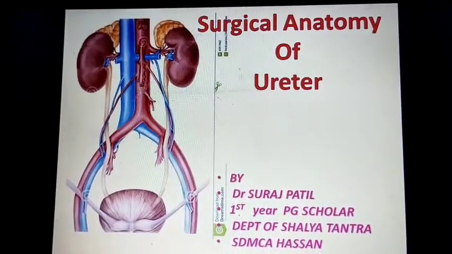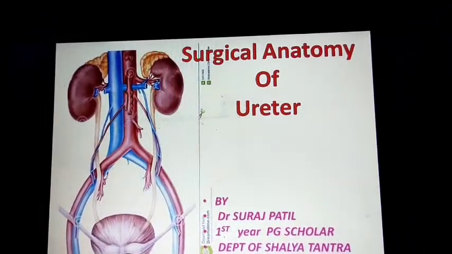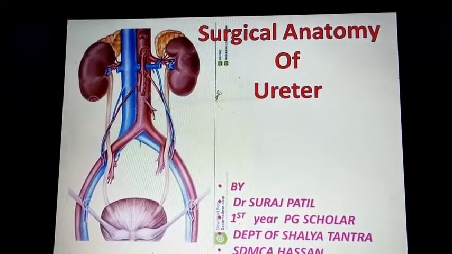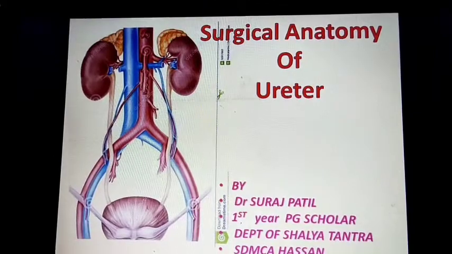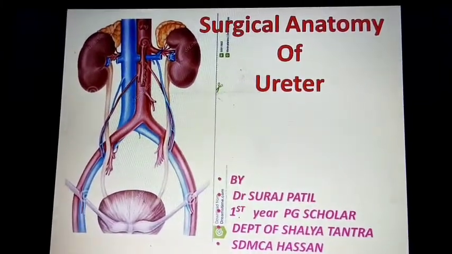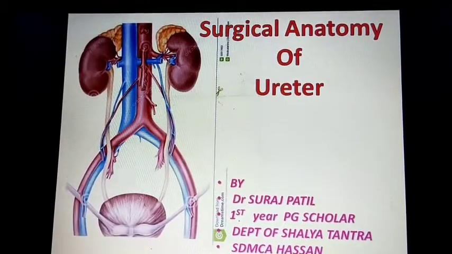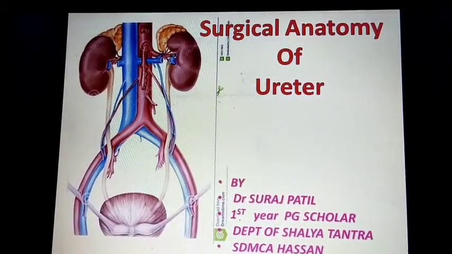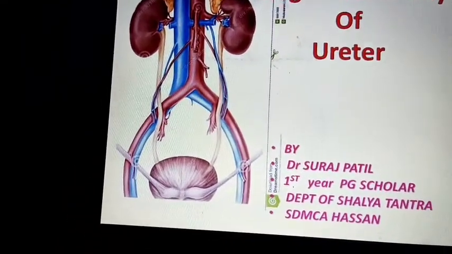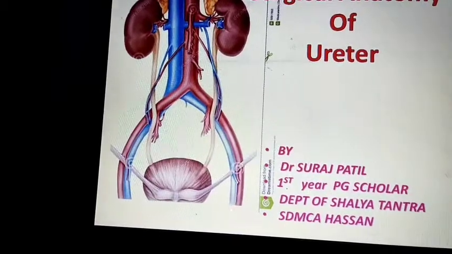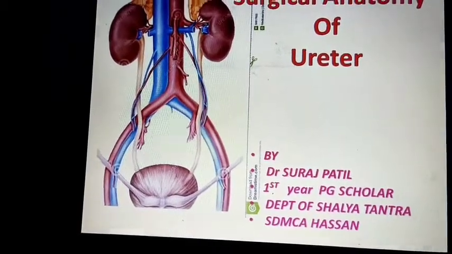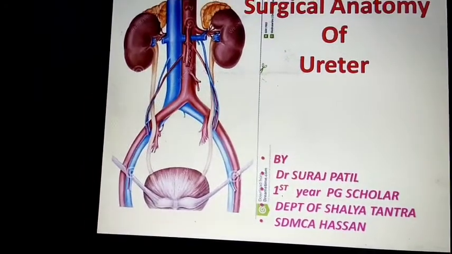These are two in number, and these are muscular tubes, smooth muscular tubes that propel the urine from the kidney to the urinary bladder. It is also said that the ureters are the ducts that convey the urine from the kidney to the bladder. And these are a pair of narrow, thick-walled muscular tubes which convey urine from the kidney to the urinary bladder.